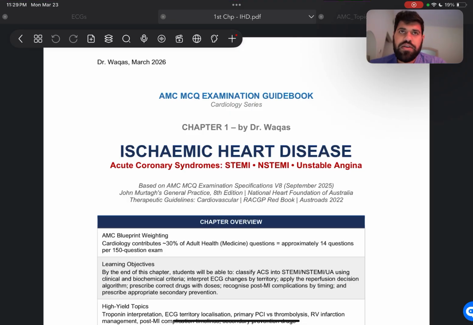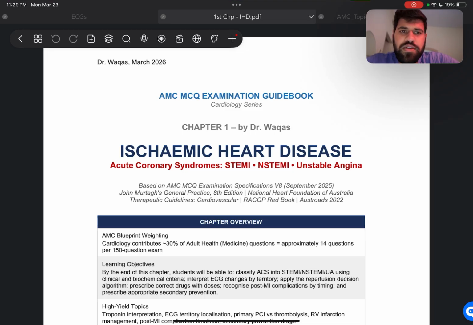Now, the aim of this chapter is to make it sort of a revision chapter. So if you are starting your journey right now, this would be a good chapter to get a guidance of what is important to study, how the AMC is going to ask the questions, what are the important points or topics you should focus on, and some that you should not focus on or waste your time on.